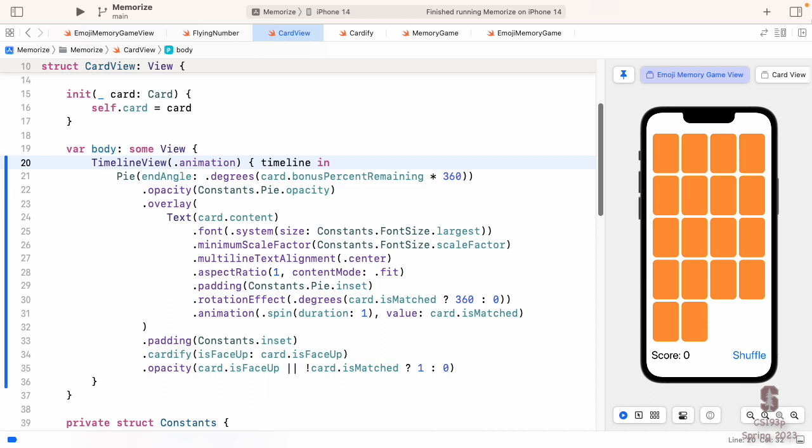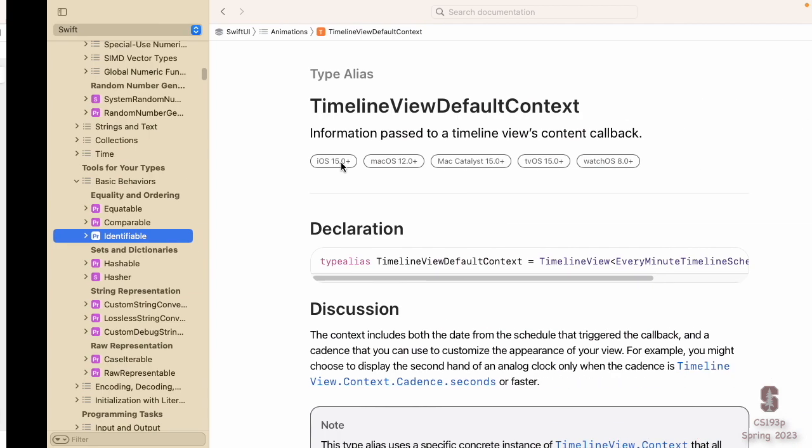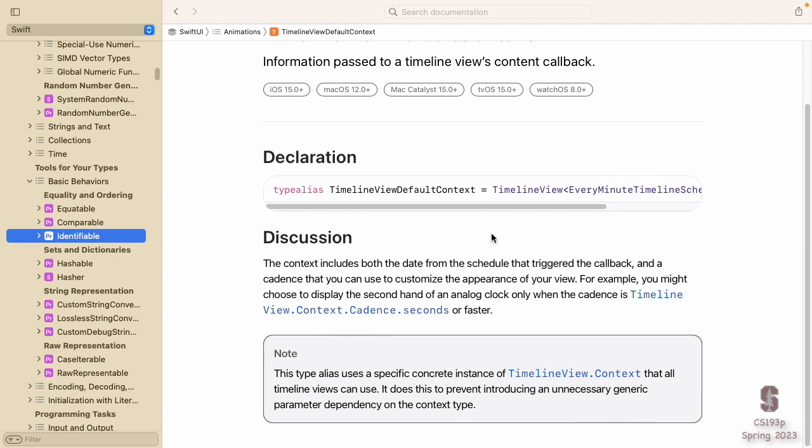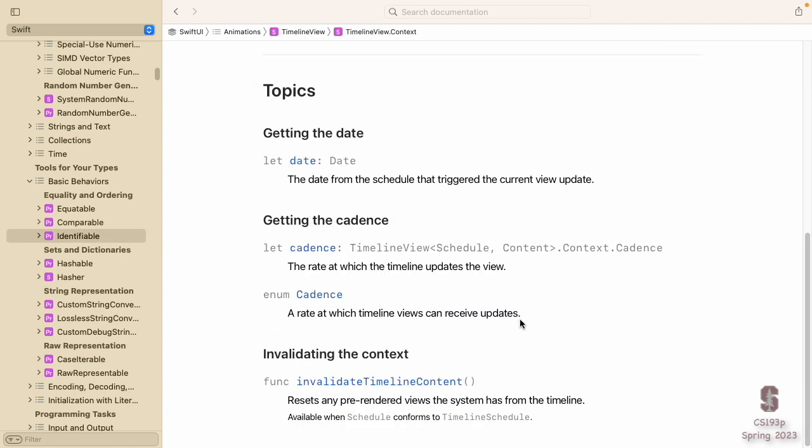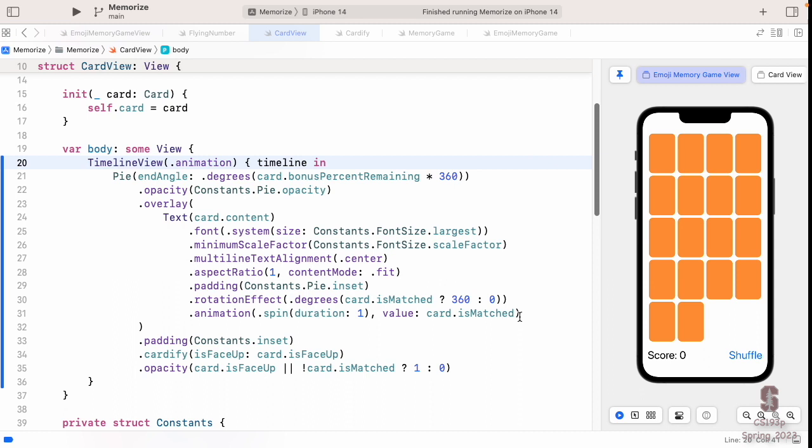You see that timeline? Let's take a look at that in the documentation here. This is the default one. We'll go look at what a timeline context is. And one of the most important things in that timeline thing that it gives you is the date. That's the current date of the slice, that it drew that for. And so you can look at that date. Now, we don't need to look at that date because our model is really smart. It knows how much time has been consumed. It can tell you that at all times. But you might have something where you want to, based on how many seconds since the last time you drew it or whatever. You don't usually need that cadence and stuff very much.